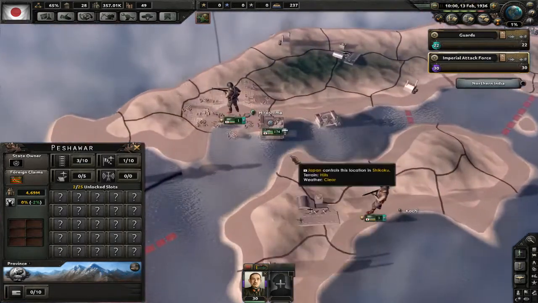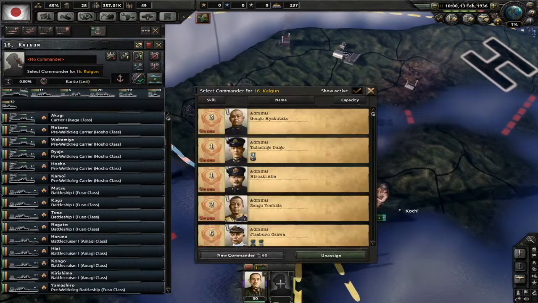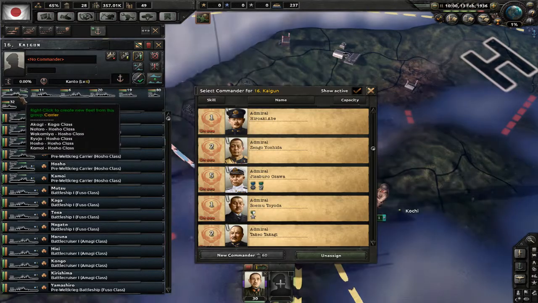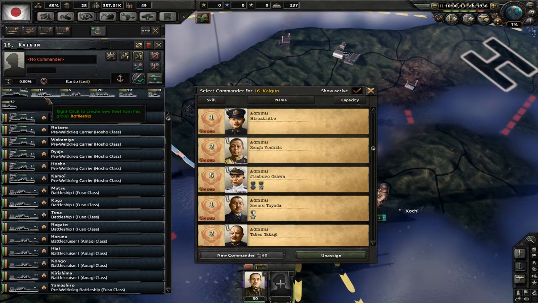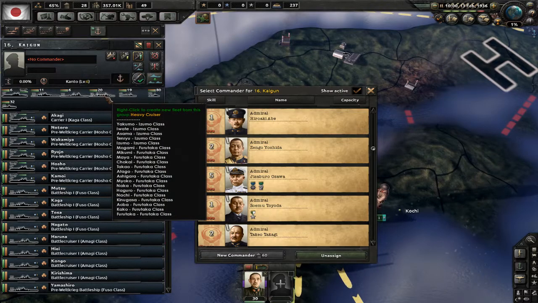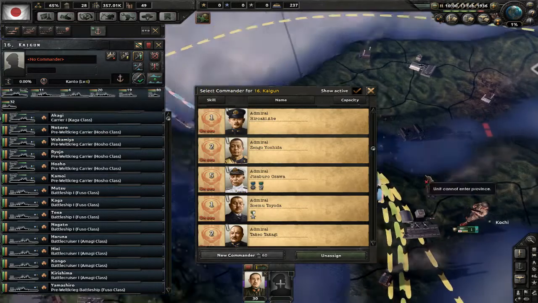And now we have all the ships in one port. Join them up. 16k gun, sure. So we have some carriers, some battleships, some battle cruisers, some heavy cruisers, cruiser, destroyers, and a bunch of submarines. So let's get...